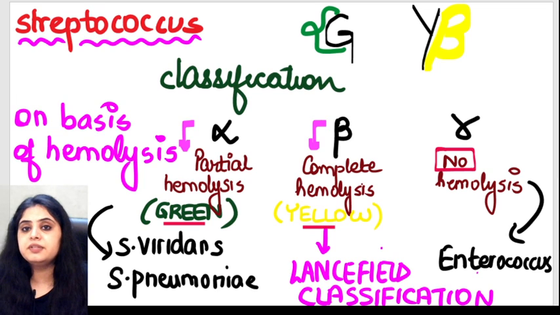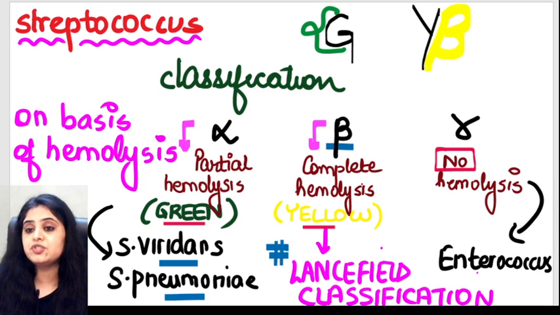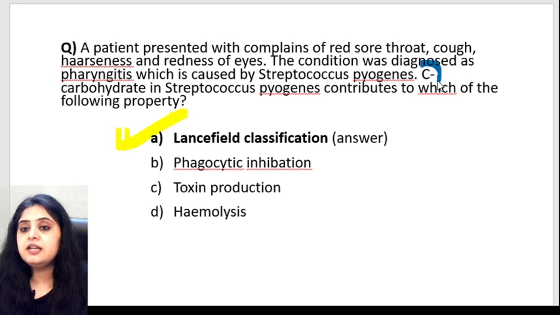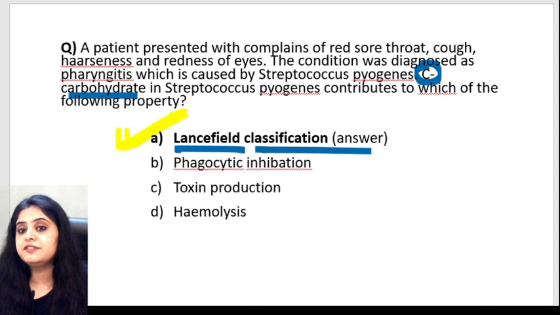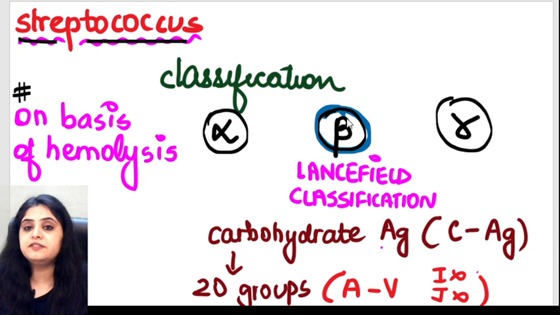Out of these, what comes under alpha? Under alpha, we have viridans and pneumoniae. The beta one is further classified on the basis of the Lancefield classification, and that is what they asked you. The question was that the C carbohydrate in the Streptococcus pyogenes is responsible for what? Lancefield classification. So first and foremost, the beta category undergoes Lancefield classification, and Lancefield classification is based on the carbohydrate